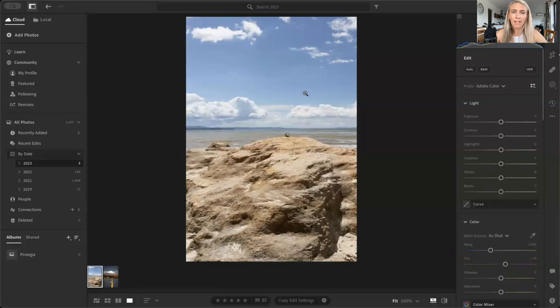I'm going to share my screen here and go to Adobe Lightroom. Okay, so we're in Lightroom here, and hack number 1 is if you are playing with your sliders,